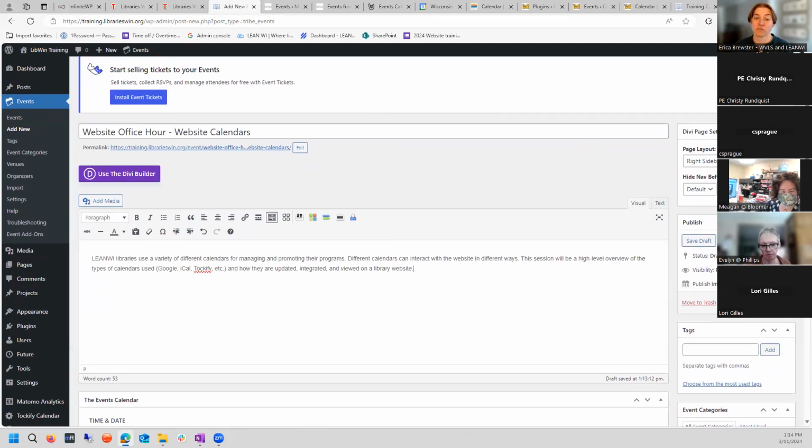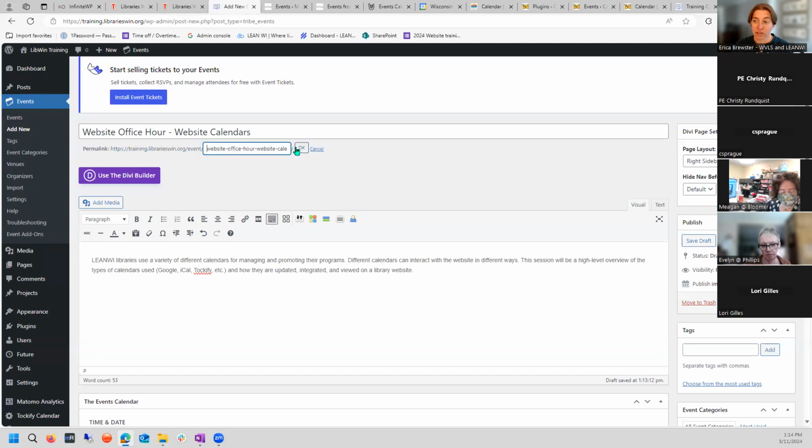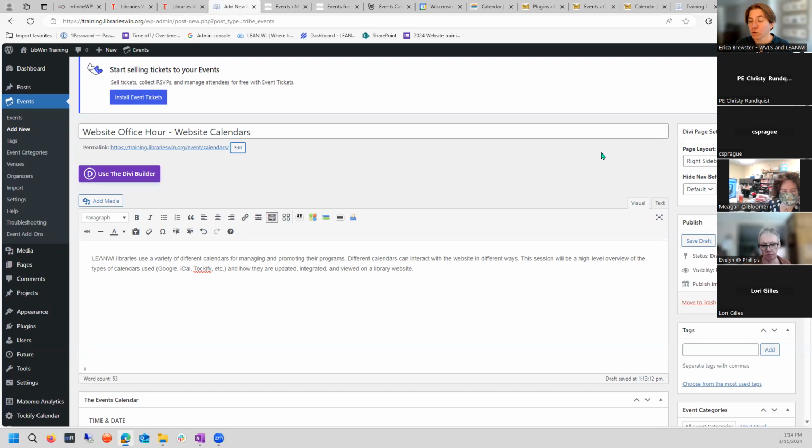So again, this feels very similar. This one, you update all of your events on your website. It feels very similar to doing posts. And just like before, you can update your slug and your other things. So if you are very, very comfortable doing posts on your website, this is going to feel very similar to that. When I publish my event,